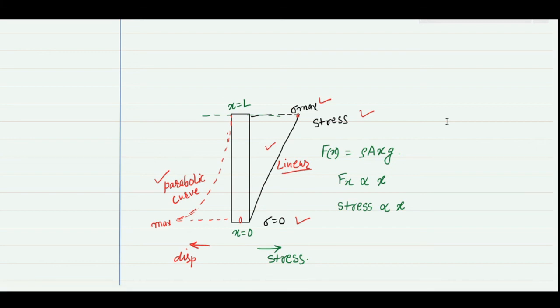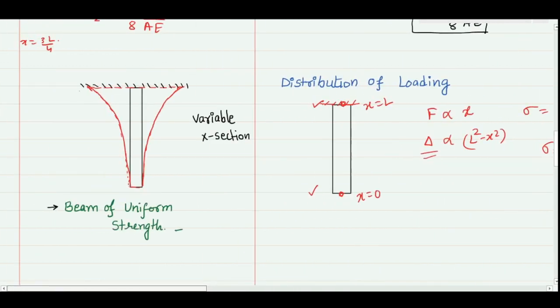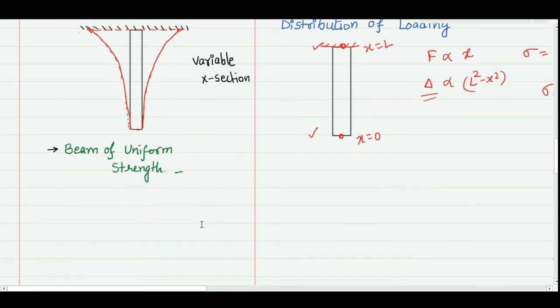Obviously, wherever we are having maximum stress, if we put the higher area there, that means the stress is force by area. Why is there a maximum stress? Because force is maximum here. So if I increase the size of the bar at this section, my stress will lower down. So based on this philosophy, if you derive a formula, you will find this kind of bar, which we call the bar of uniform strength. This is not a beam, this is a bar of uniform strength.